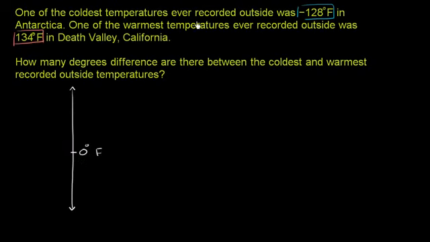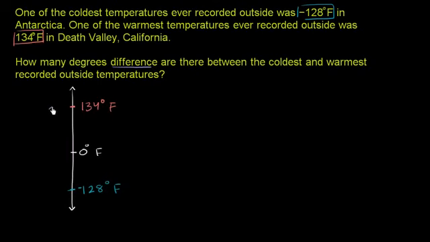So one of the coldest ever recorded temperatures was negative 128 degrees Fahrenheit. So let's say that's right over here. This is negative 128 degrees Fahrenheit. And one of the warmest temperatures ever recorded was 134 degrees. This is a positive 134. So it's about that far and a little bit further. So it's a positive 134 degrees Fahrenheit. So when they're asking us how many degrees difference are there between the coldest and the warmest,